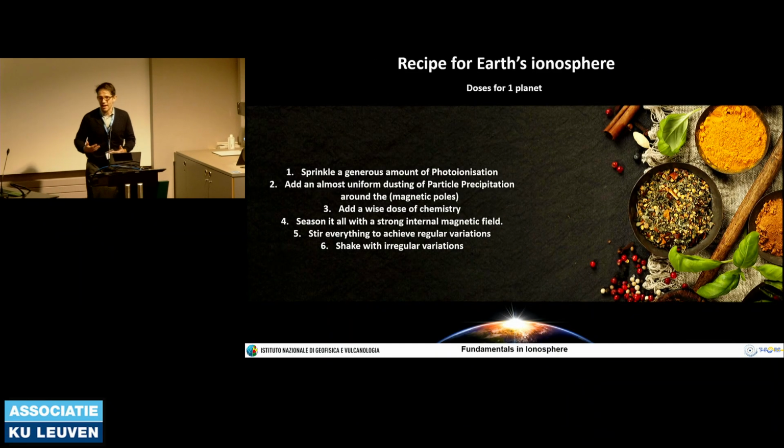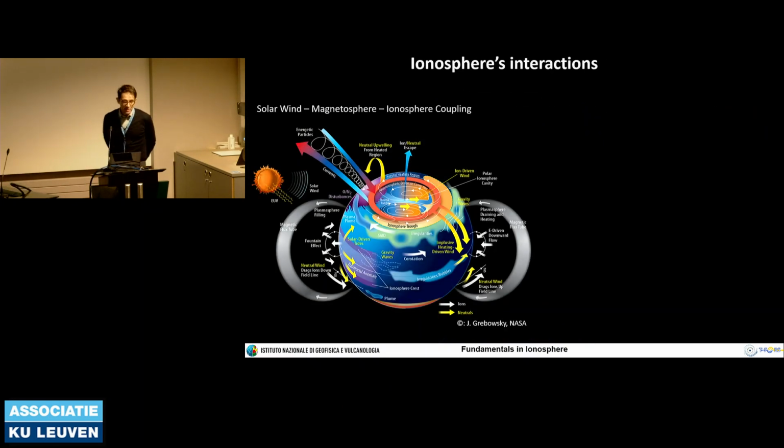And now we have to shake the ionosphere. We have to shake it with some irregular variations, because they are somehow the most intriguing. If there were no irregular variations, we would probably not be here all together to talk about these things. So you start realizing, maybe you already know, that the near Earth space is a very complex environment. There are many processes. You can think in terms of exchange of mass and energy, and changes and variations in currents. From whatever point of view, it's a mess.